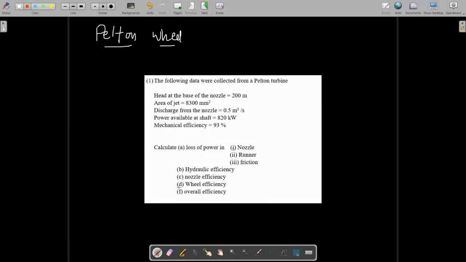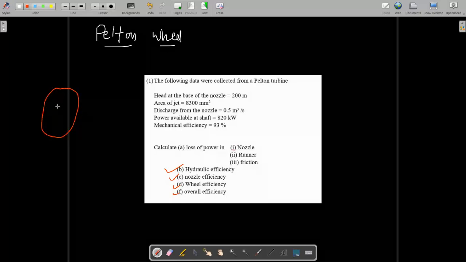So there are a number of things that we have to find, but in the actual problem there were very few things that we have to find. I have added some more terminologies here, more entries that we have to find, so that our equations get utilized and we come to know how to use all these equations.